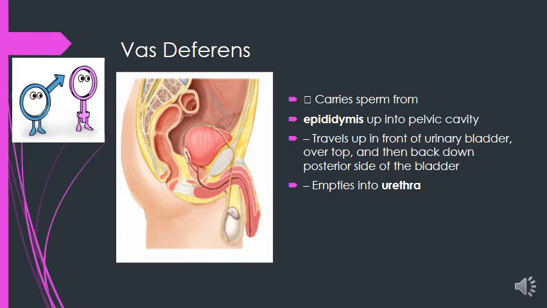Okay, now the next slide is the vas deferens. When we talk about the vas deferens, what is the role of it? We can say that the vas deferens is very useful for the transportation of sperm from the testis to the penis. It is very important to transport the sperm which is produced in the testes, and it travels via the vas deferens and empties into the urethra. So what is the role of it? It is only for the transportation of the sperm from the testis to the penis.